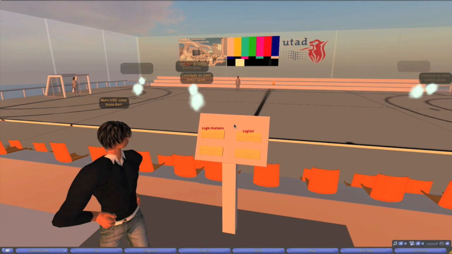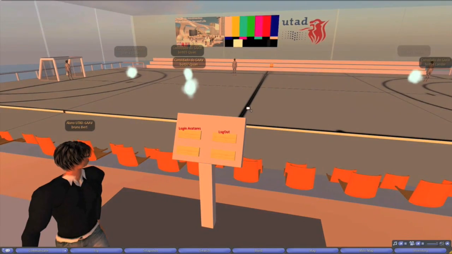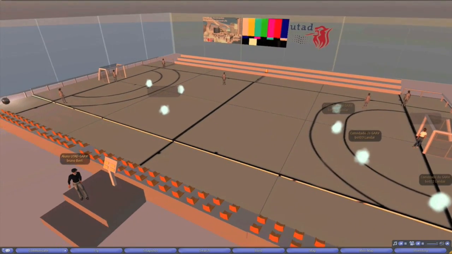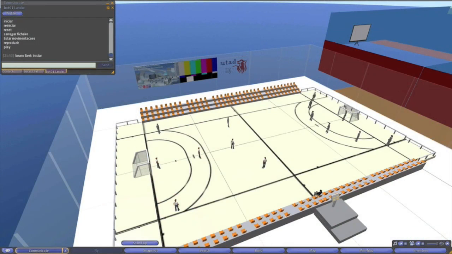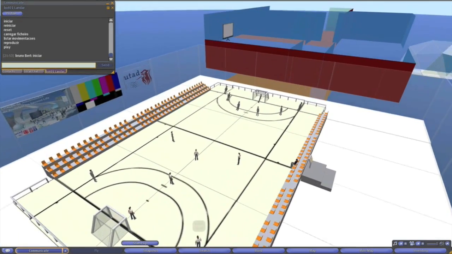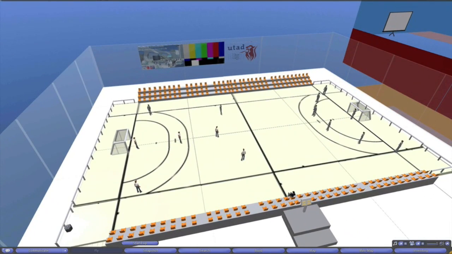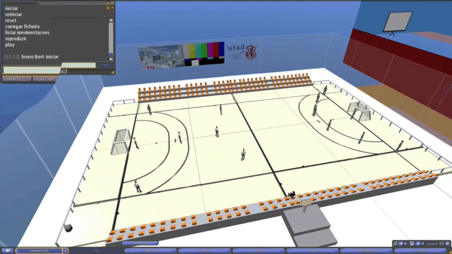The trainer can then request the destruction of the players, for example, log them out, at the end of the session or whenever desired. This is currently done by clicking, in Second Life terms touching, two buttons on a virtual control panel as seen. Once the bots log on, the process has been completed. The handball field and system are prepared for a synchronous learning training session with all automated players ready to execute